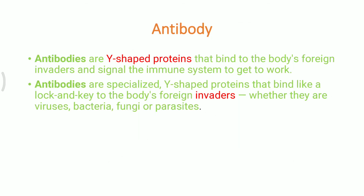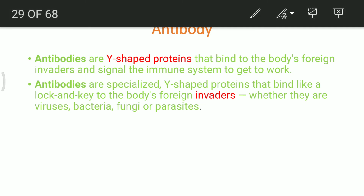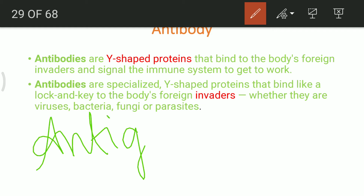Antibodies are substances which are formed in our own body against any foreign substance which has entered. The substance which enters from outside can be a bacterium, a virus, or a parasite, and it is known as an antigen. Whereas antibodies are released in response to the antigen in order to kill the antigens or